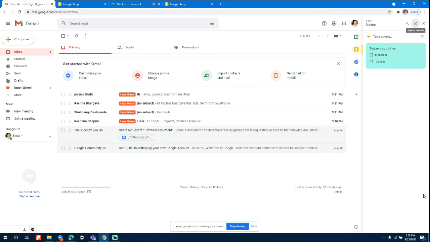I would want you all to quickly make a little list, color it nicely, and share it with me. Here we can always collaborate with me. You can remove me later. So many times you tell your husband to bring this, bring that, you keep sending WhatsApp messages. Maybe this Keep will be handy, and he can always tick the box: okay, I have bought this. So you can also check, you still have not got bread, please get it for me. When he buys things for you, he'll tick, and you'll know this is done. Also, maybe you can share it with your children when you send them to get things.